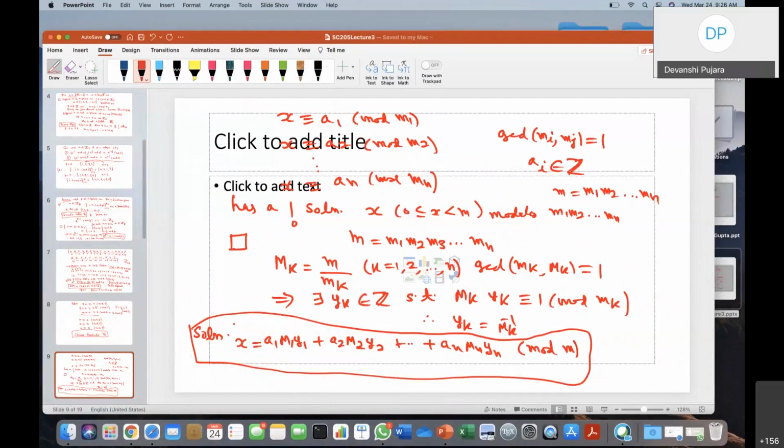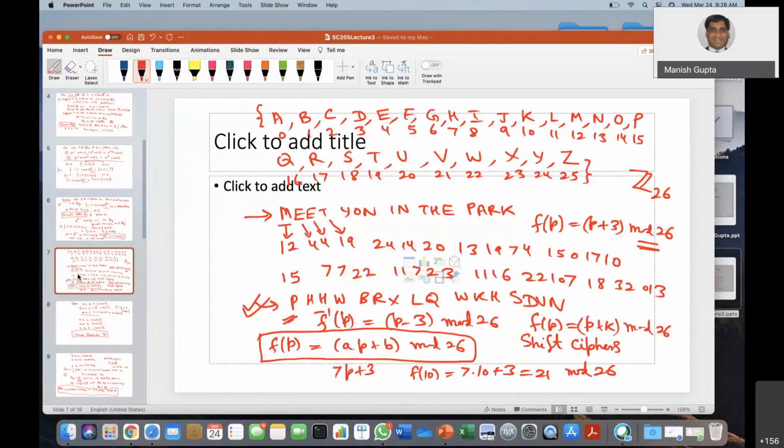We talked about the shift cipher. In that we had an equation f of p is equal to ap plus b, right? So for that we have only 26 possibilities for a and 26 for b. Everything has to be reduced modulo 26. So whatever calculation we are getting will be reduced modulo 26, so everything will remain in that set only. It is not going outside the set. So we have a total of only 676 possibilities to cipher the text. So anybody can write a program to take out all the possibilities and see which message makes sense.